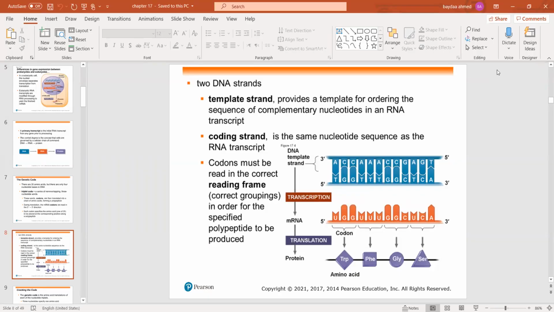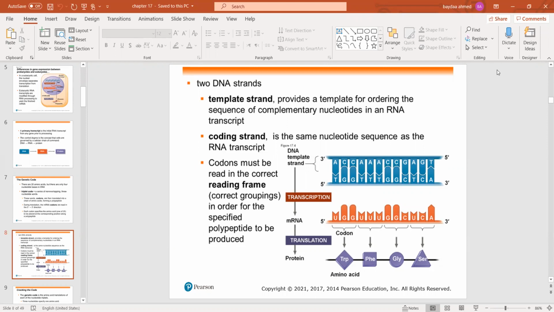During transcription, the gene determines the sequence of nucleotide bases along the length of the RNA molecule that is being synthesized. For each gene, only one of the two DNA strands is transcribed. This strand is called the template strand because it provides the pattern, or template, for the sequence of nucleotides in the RNA transcript. For any given gene, the same strand is used as the template every time that gene